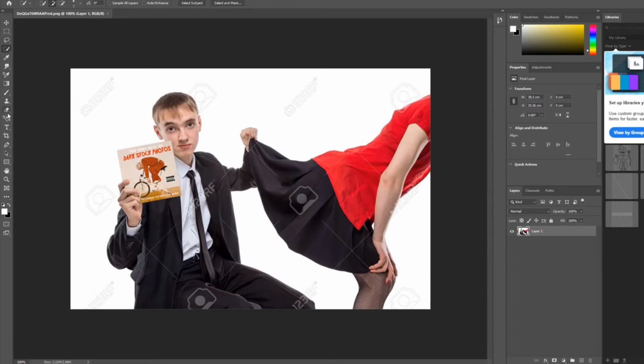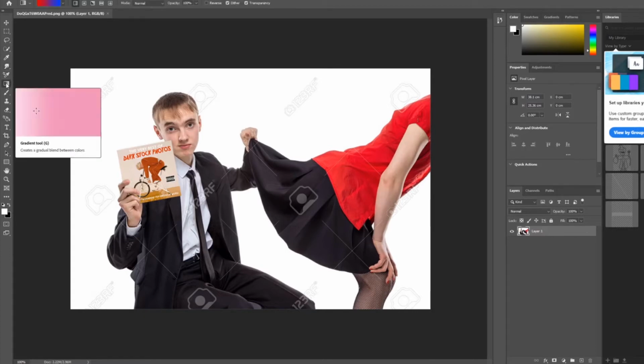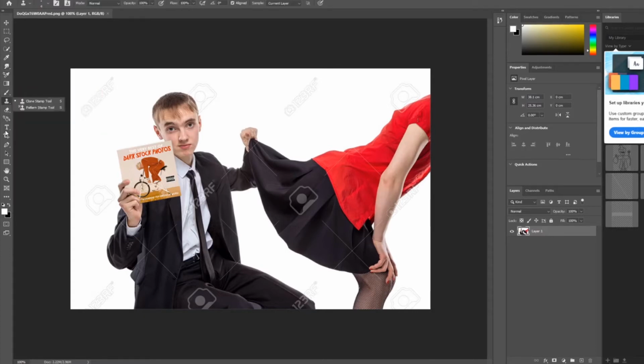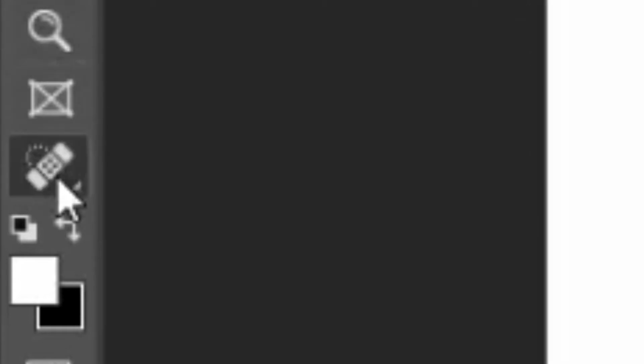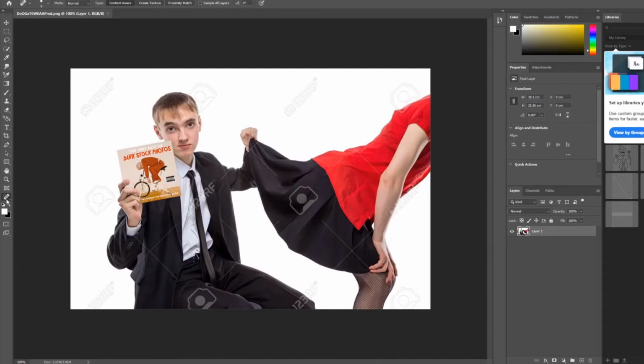We're gonna look for the spot healing brush, okay? To this day, I still forget where tools are, okay? Because they hide behind other tools. I'm just gonna... Wow, this is really bad. It's because I'm talking. I feel like it should be there. Wow, this is embarrassing. Oh, oh, there it is. Okay. Sometimes that thing comes up, you know, and there's one tool hiding, and it's always the one you need,